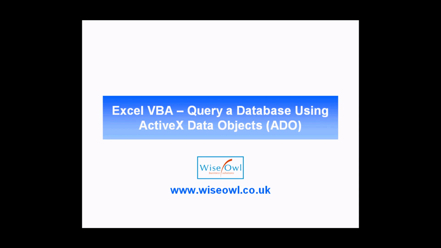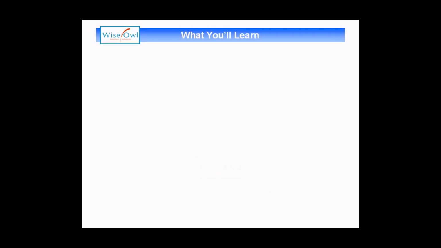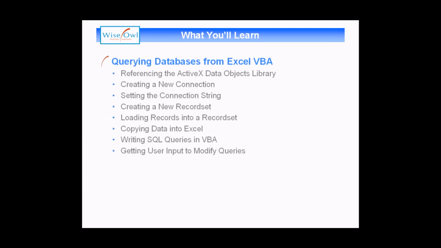In this video, we're going to talk about how you can write Excel VBA code to query a database using ActiveX data objects. We'll start the video by talking about how you can set a reference to the ADO or ActiveX data objects library, and then how you can use this to create a new connection object. We'll spend a bit of time discussing how to set the connection string for your connection and show you several different methods for how you can do that, and we'll create connections to both a Microsoft Access database and a